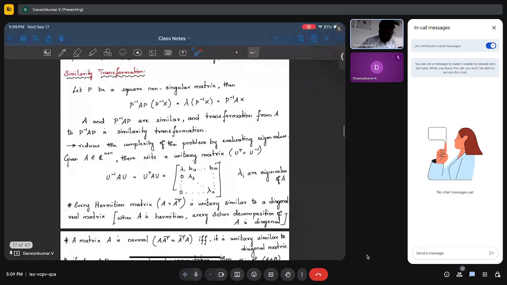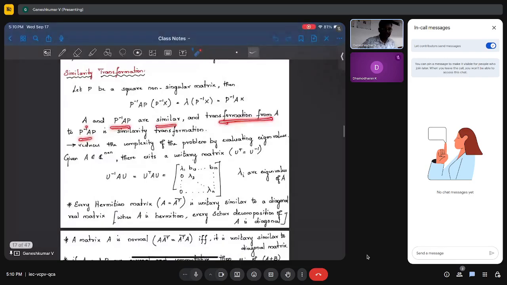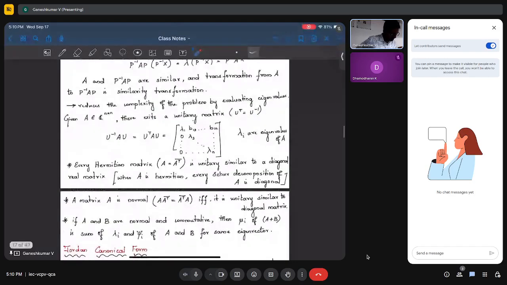Okay, so here you can pre-multiply by P inverse, where P inverse could be your eigenvector matrix, and A and P inverse AP are similar, and the transformation from A to P inverse AP is what we call a similarity transformation. Okay, this reduces the complexity of the problem by evaluating eigenvalues. There exists a unitary matrix which you can write like this, and then certain other matrices you can go through,